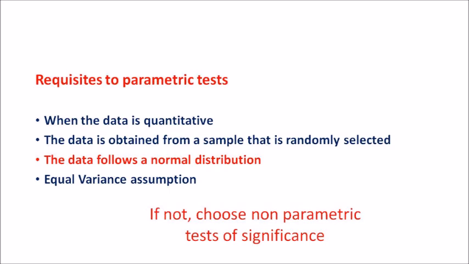So how do we find this in software? We find out the mean, median and mode. If mean, median and mode are equal, then the data is following a normal distribution. If not, it is said to be skewed.